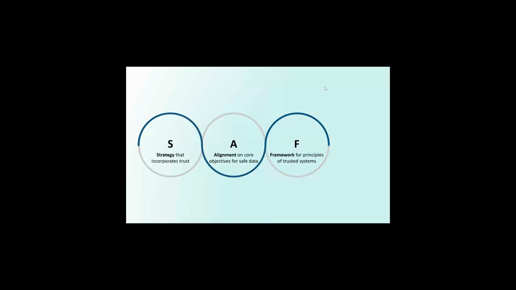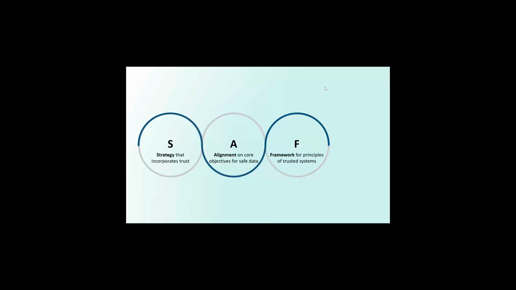Okay, the third core step to developing a safe data strategy is our framework for principles of trusted system design. These are the rules of action. Now, we're talking about the full life cycle of data: collection, processing, storage, destruction, right? And we're going to look at it within the operational context to meet those organizational goals, right? Acme already had many systems in place. Part of this exercise was also understanding how they could reorganize or retrofit existing technology where there are potentially gaps. And the same approach is being applied here, right? They need to figure out where people are comfortable and how they can enhance that.